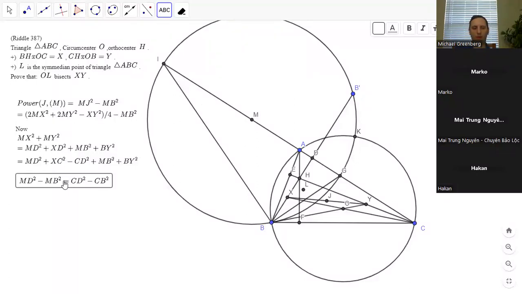Okay, so let me write this out on paper. I wonder if this helps. I like this. This is looking good. So that would be 2MB squared minus BC squared. So once we substitute that in,